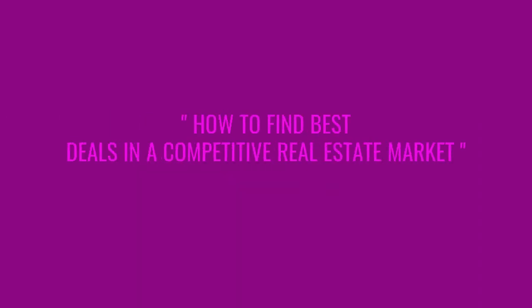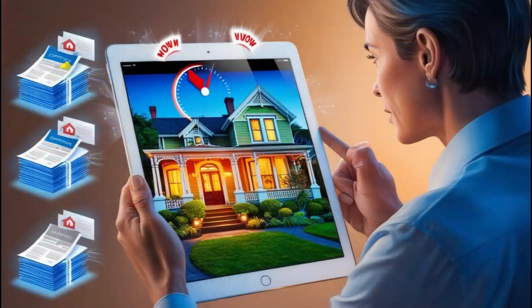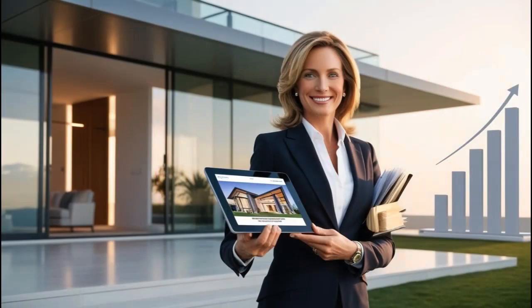How to find the best deals in a competitive real estate market. You're watching a real estate market that's hotter than ever, and your dream home or investment property might be slipping through your fingers. How do you secure a deal in this cutthroat environment? What if you could become the savvy buyer who not only finds the best deals, but also does it like